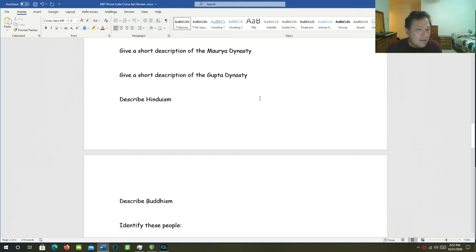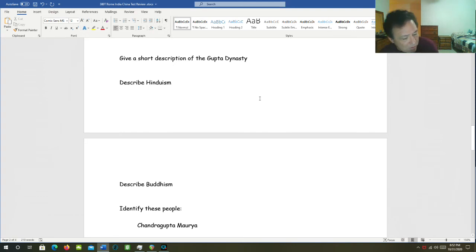So that takes us to Hinduism. Let's describe Hinduism a little bit. Well, what are the things that we know about Hinduism? These are all the things that I'm bringing together from our content. It was polytheistic, believed in several gods. It was very, very ancient. It was Indian. It was in India. It was the primary religion of both the Maurya and the Gupta empires. It experienced a golden age, like I said, under the Gupta dynasty.